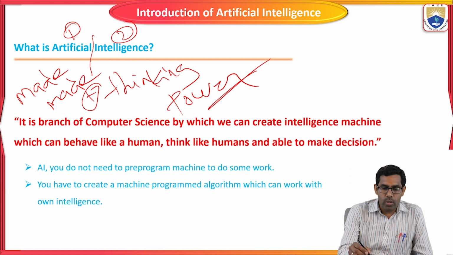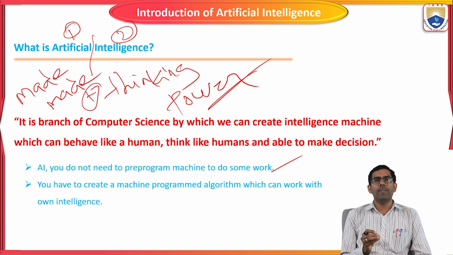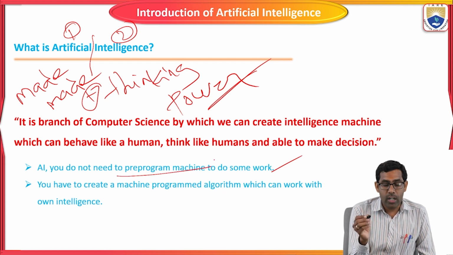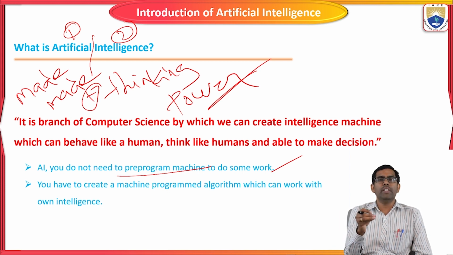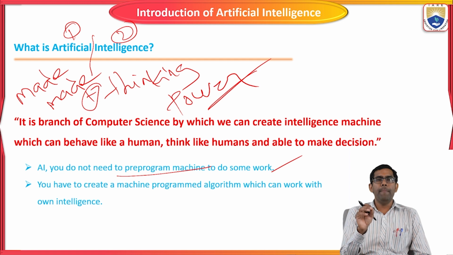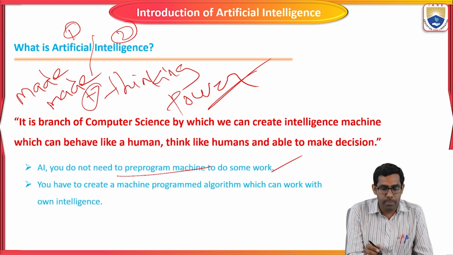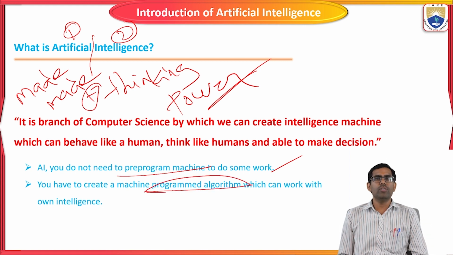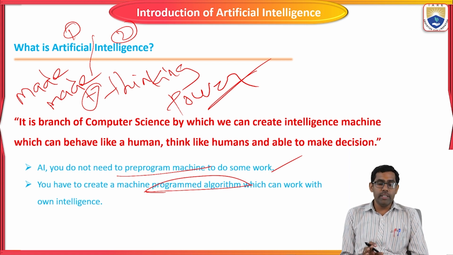Next, this is a very important thing about artificial intelligence. We need no program for making the machines do some task. Normally, if you have any task or problem, we write code using different languages. But for making artificial intelligence machines, there is no need of any specific program. What we exactly need to make artificial intelligence machines is a programmed algorithm. This program algorithm is different from the normal program. So we need only the program algorithm.